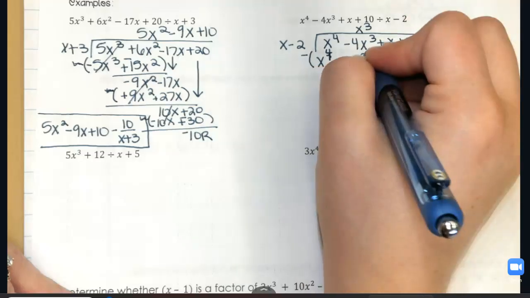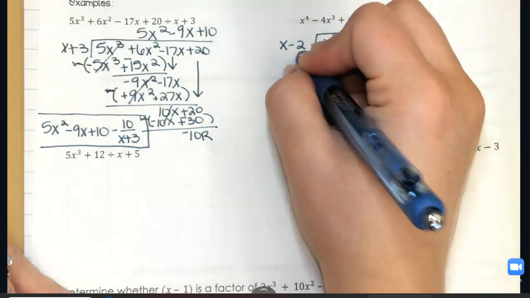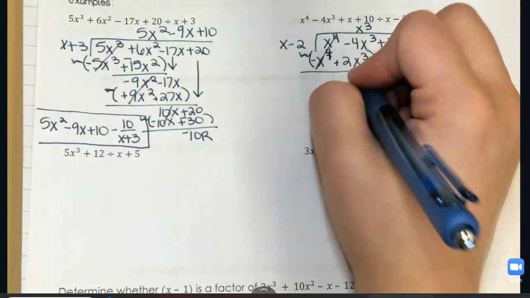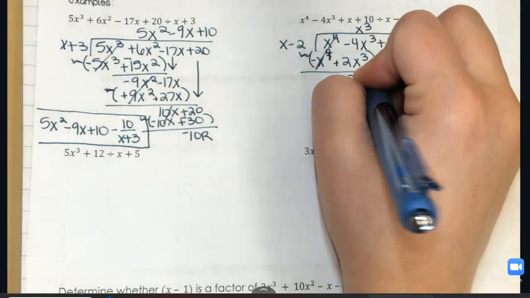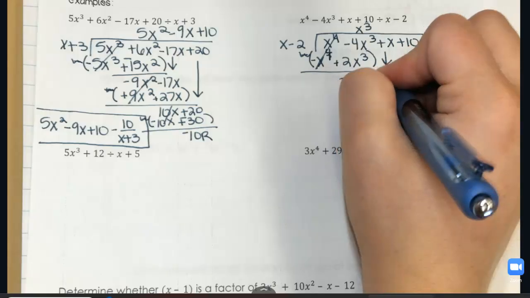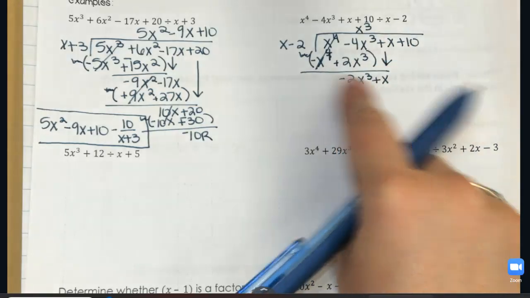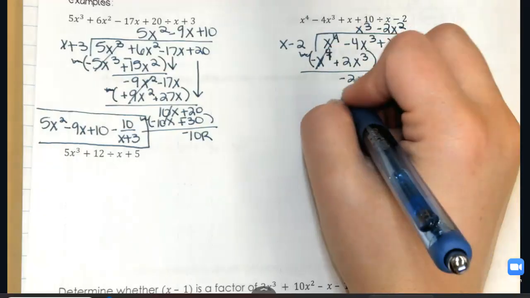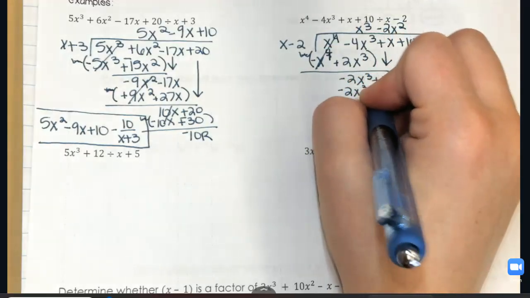I'm going to subtract and distribute my negative. So those cancel, and then negative 4x cubed plus 2x cubed is negative 2x cubed. I'm going to bring down the next term. Negative 2x cubed divided by x is negative 2x squared. Multiplying both of those, I get negative 2x cubed plus